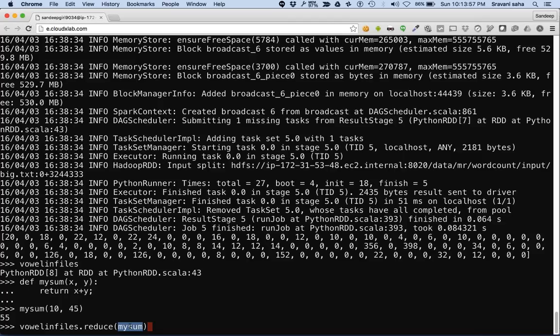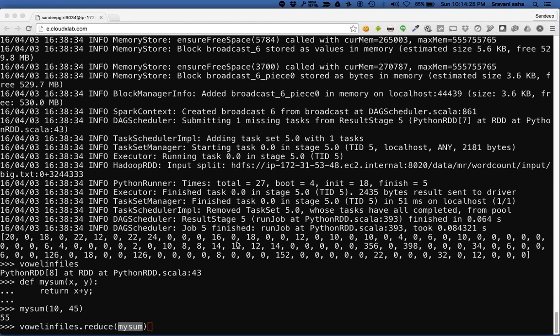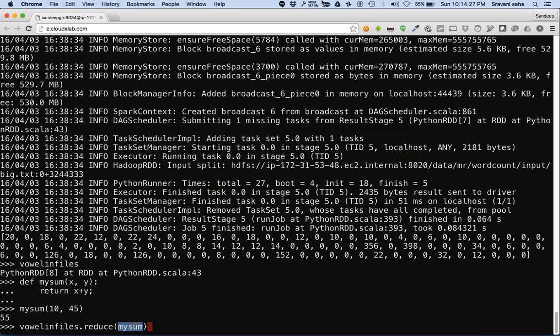Use this function to reduce the full array into a single value. That's what a reduce function does. It applies this function again and again on two values and converts the whole array into a single value. I'll show you how it works.